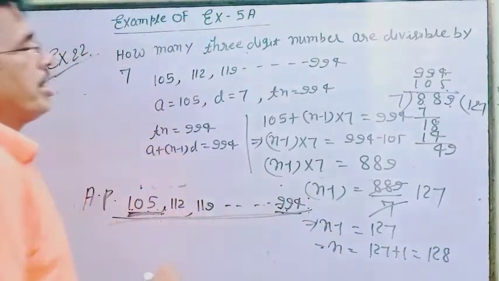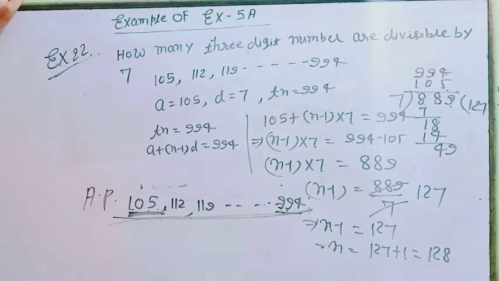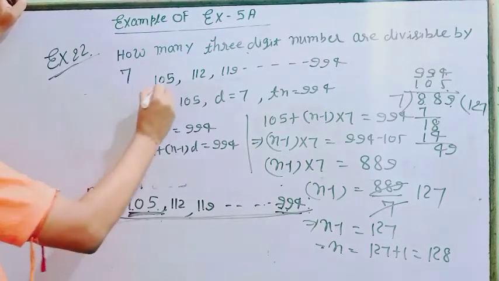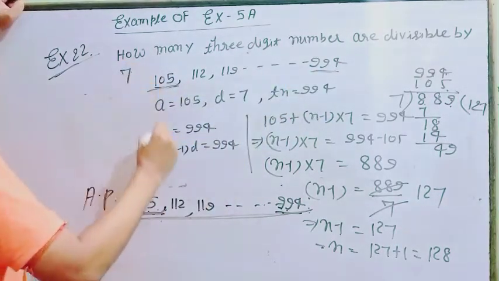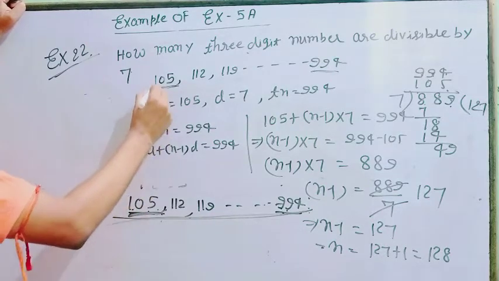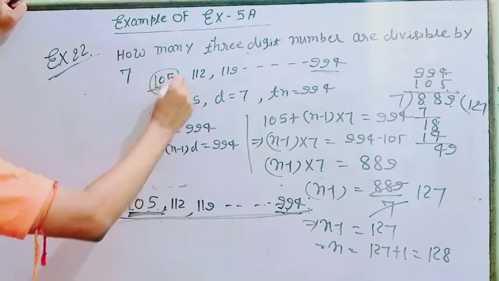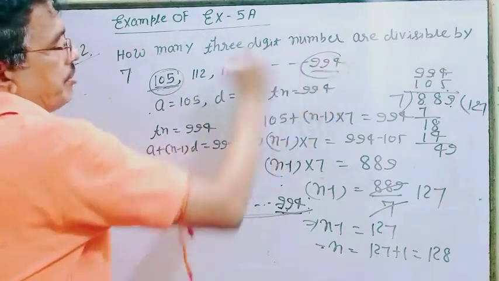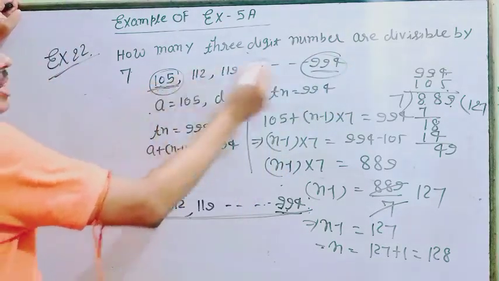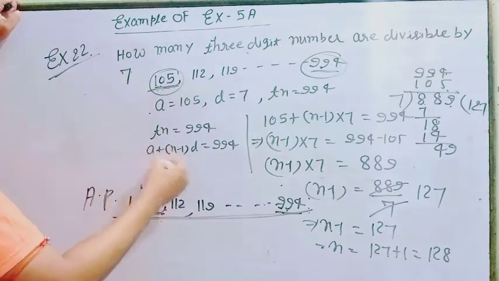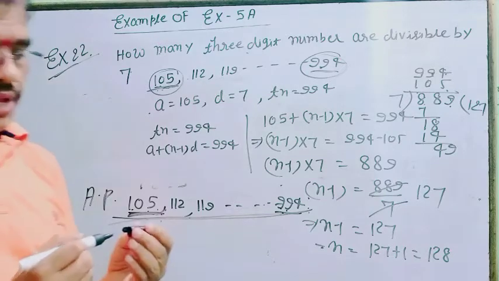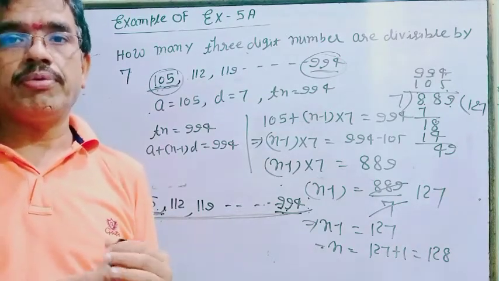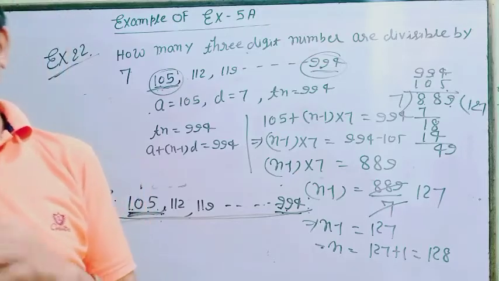So dear student, if your question is related to 3-digit, 4-digit or 2-digit numbers divisible by 7, 5, 10 and so on, first write the smallest and the largest 3-digit number. Then find with the division method the first number and the last number. If the difference is always 7, then you get the answer. Remaining questions of example 5, try by yourself. If any problem, then ask me.